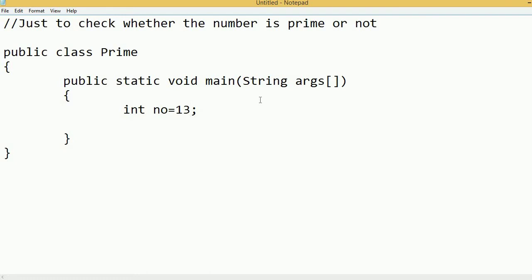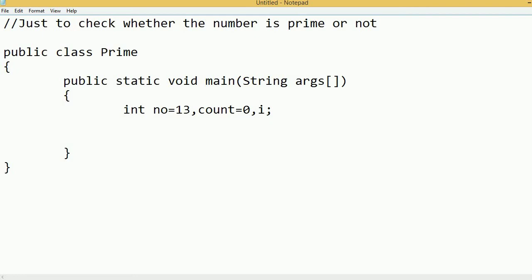Right, for example number 30, which is not a prime number, we will see whether my program is giving that the number is prime or not. And as I have said already, I will use one variable, count, for counting the factors of 13. Using the count variable, I will count the factors of 13, whether factors are available or not, and I will use i for the for loop. I will use one for loop. In this for loop, I will divide this number 13 by 2 to 12.